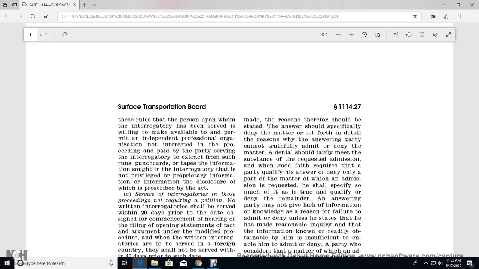Good faith requires that the party qualify his or her answer or deny only a part of the matter of which an admission is requested, and that he specify so much of it as is true and qualify or deny the remainder. The answering party may not give lack of information or knowledge as a reason for failure to admit or deny